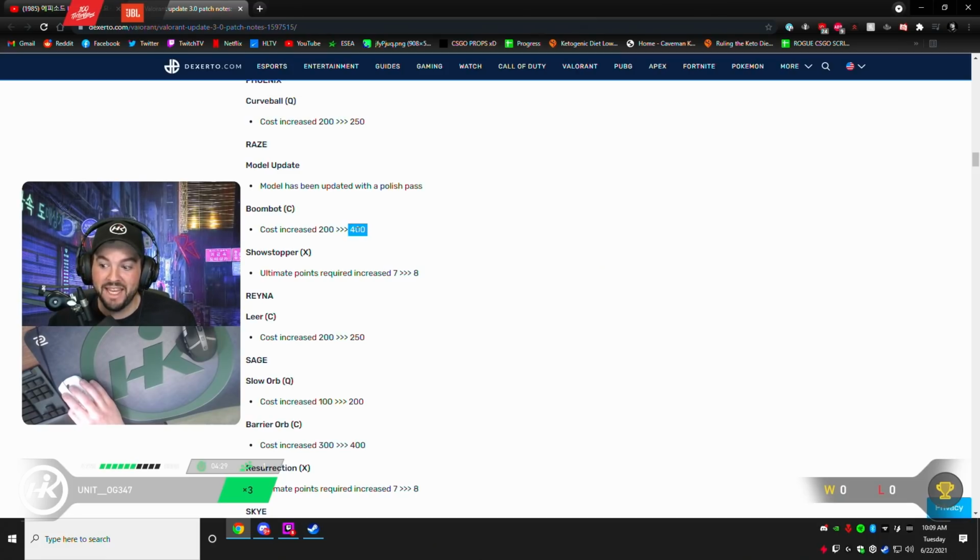So yeah. Boombot cost increased from 200 to 400. That is a big nerf. They nerfed Raze once already from 6 points to 7 points for ult. Now they nerfed her again from 7 points to 8 points. So now Raze ult is 8 points, which to me is kind of a big nerf. Realistically, you're not going to have Raze ult first gun round, maybe not even second gun round. So yeah,